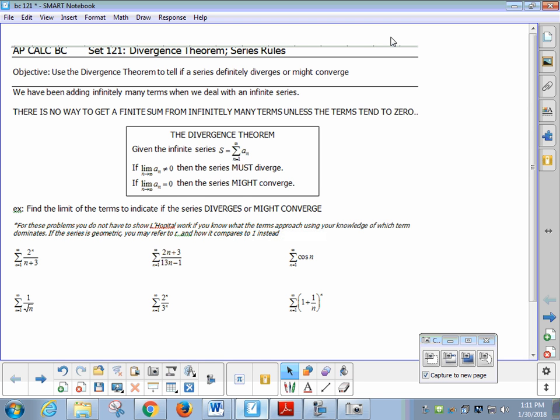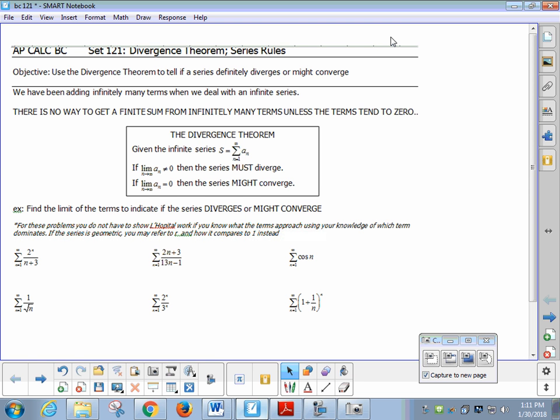And listen, are you ready? Here it goes. It is a simple but rather important idea of series, and it goes a little something like this. If you have an infinite series and the terms don't go to zero, it has no chance of converging. It absolutely will diverge 100% of the time. Okay? If the terms don't go to zero, terms, not the sum, then you can't get an infinite sum of infinitely many non-zero terms.